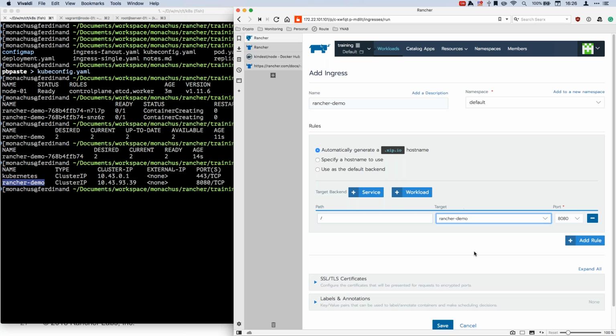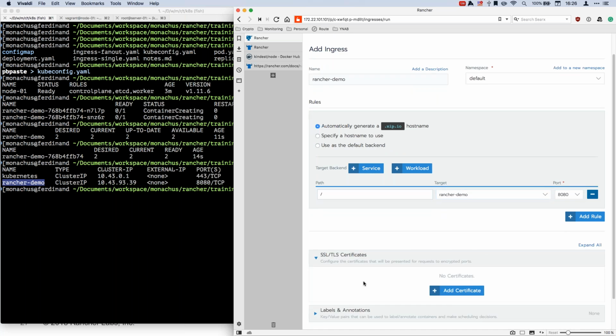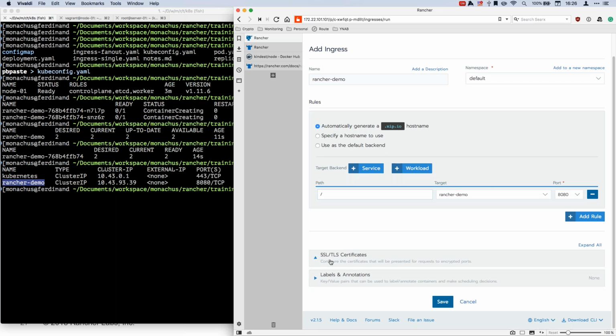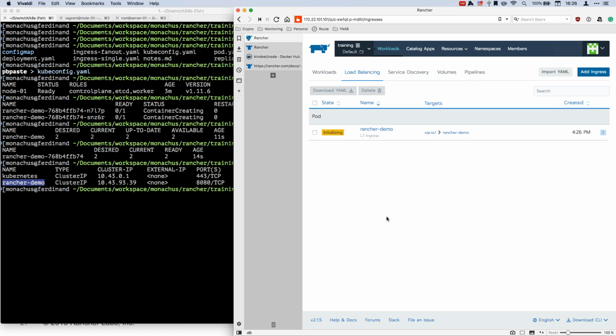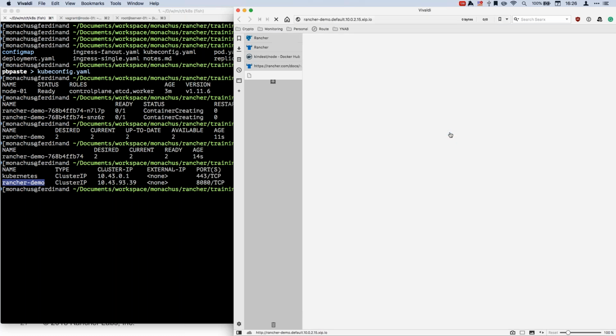So in this case, we're going to route it to the Rancher demo service on port 8080. If we had an SSL certificate, or if we were wired up with Let's Encrypt, we could attach those here. I'm not going to get into labels and annotations today. We're going to save that, and in a minute it will generate an xip.io hostname. And if we click that,